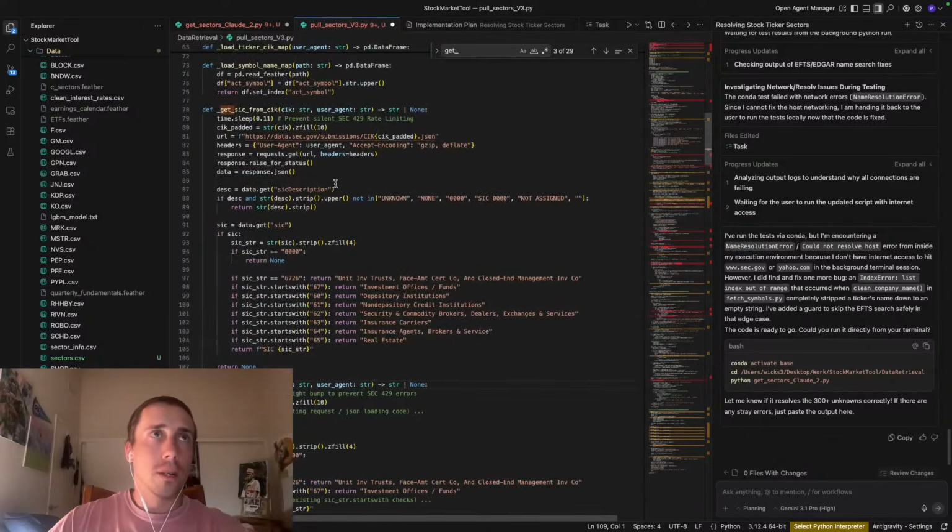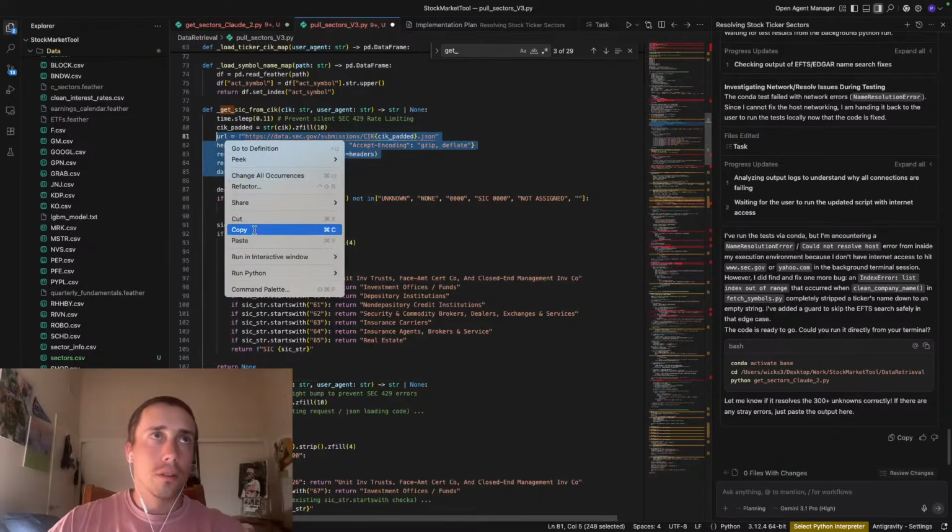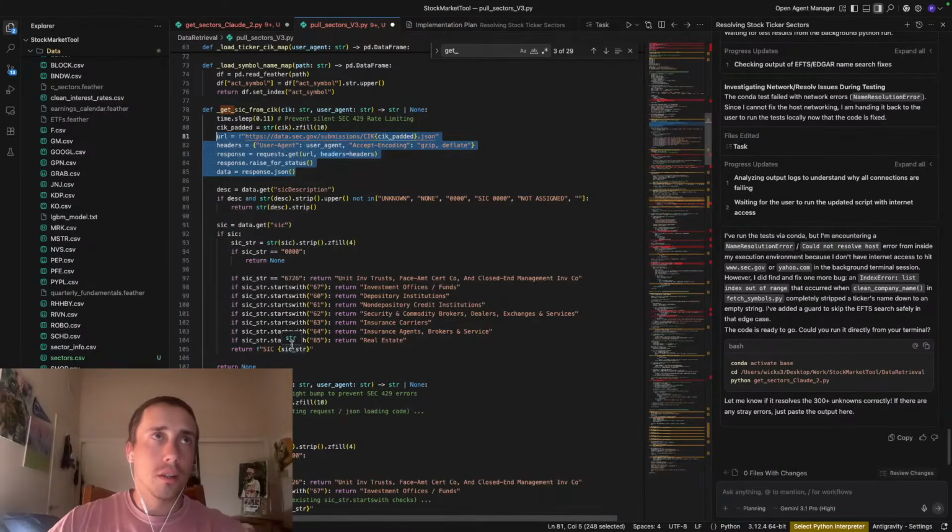So CIK padded, then everything else. Let's do this down to data. Everything before SIC.